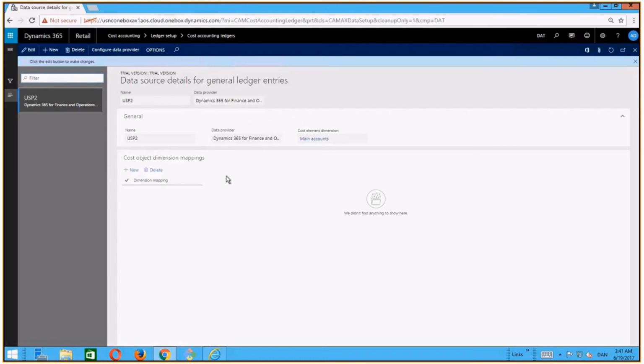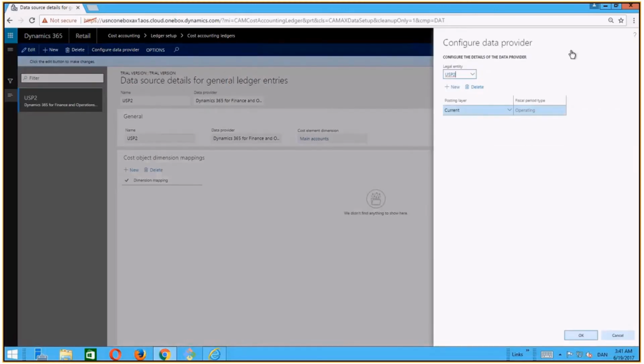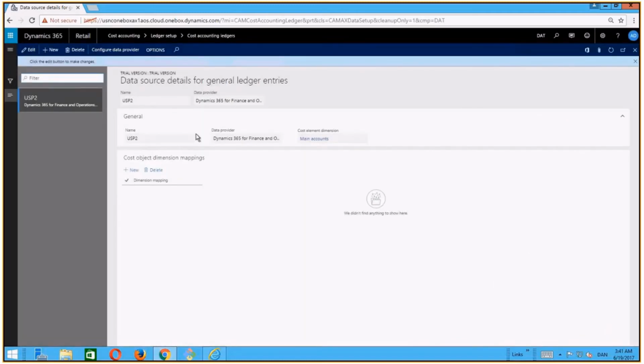And that means if I go under configure data provider, the data provider has been set up as we specified: the legal entity is USP2 and the posting layer is current. And when I process this data source, it will import the general ledger data from my financial system into cost accounting. I will close it down, and it has actually already been done.